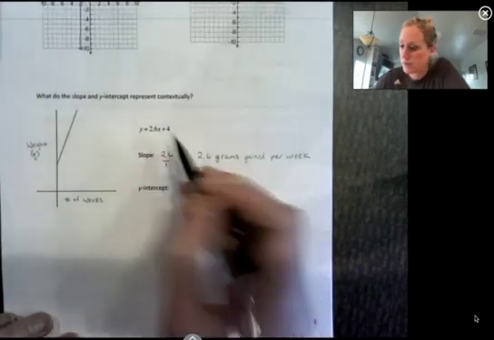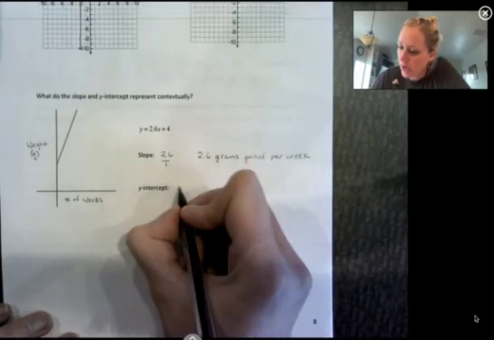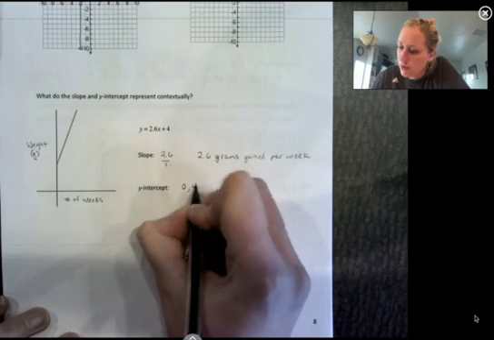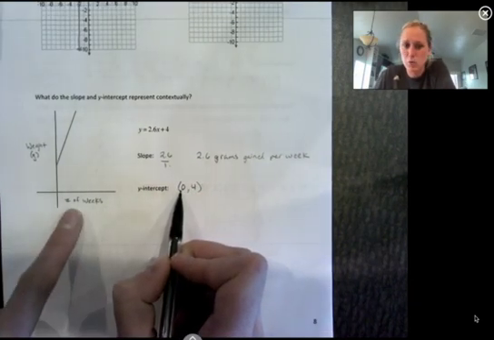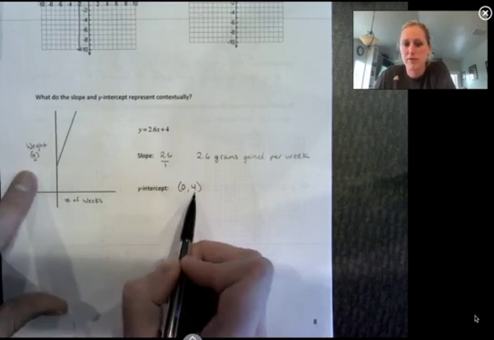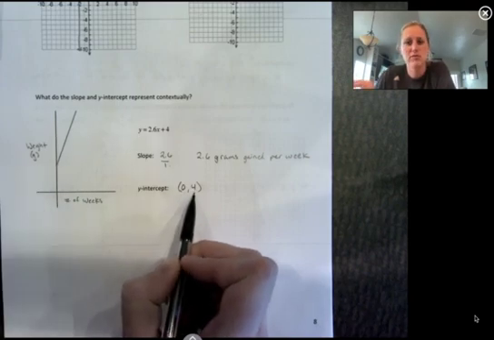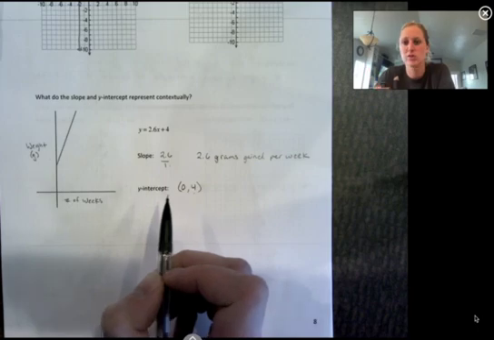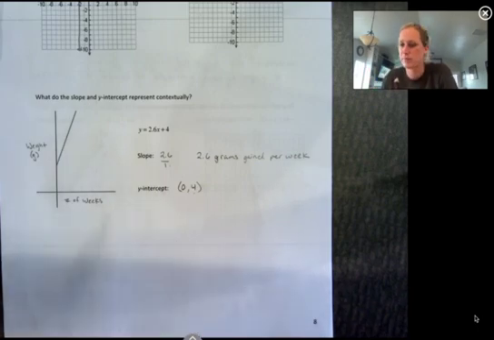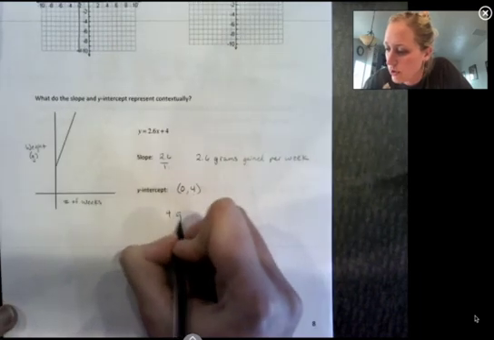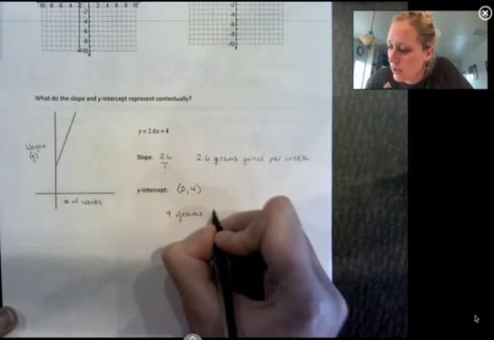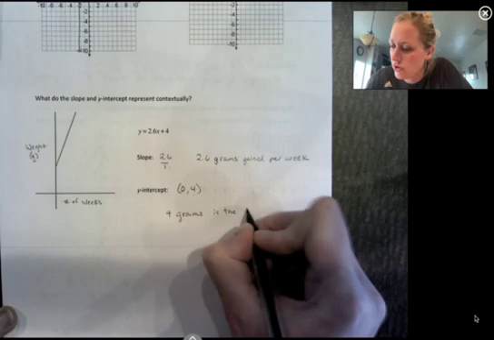Y-intercept, I know from the equation, is 4. Okay, so (0, 4) is the y-intercept. So I can think about, okay, 0 is the x. So at 0 weeks, I have 4 grams. So that means whatever this is representing is 4 grams to start with. At the very beginning, before I start taking all this data, it's 4 grams to start. So 4 grams is what we call the initial value